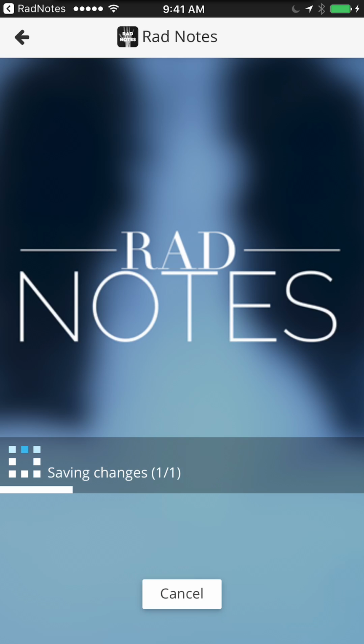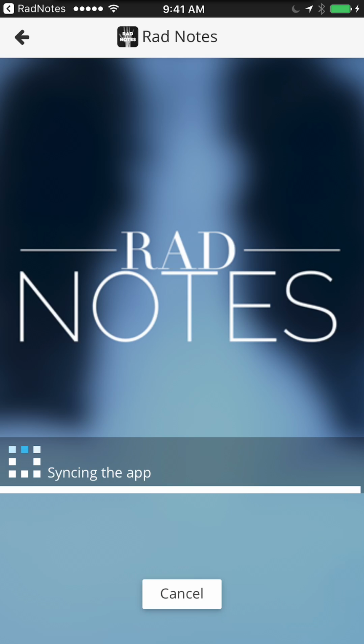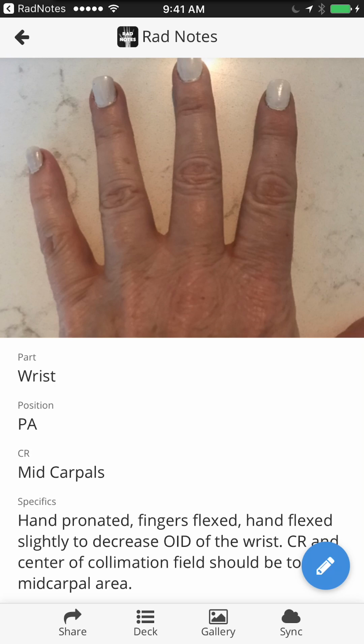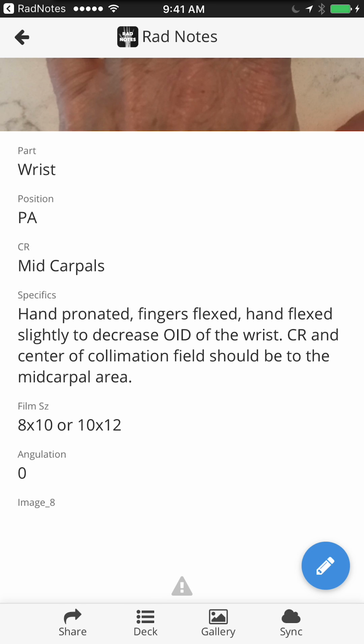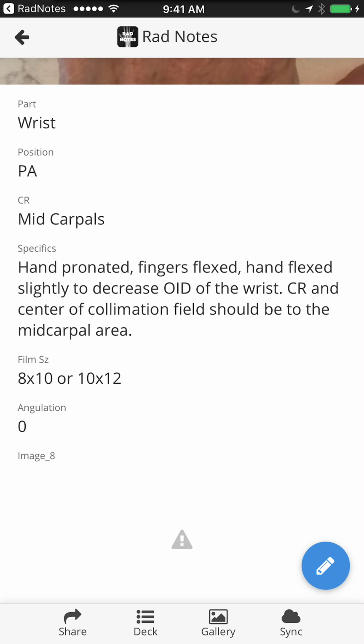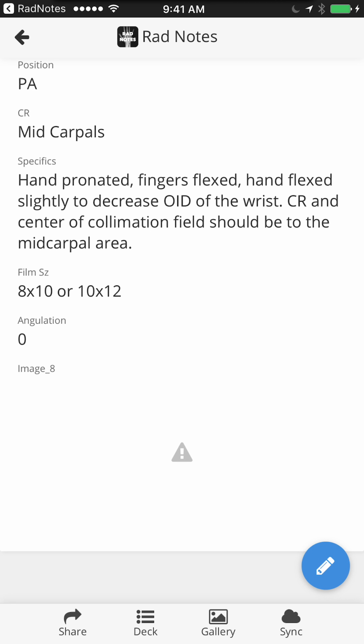The benefit of this is that no matter where you are, whether it be school, practicing in lab, or at a clinical site where you need to refer to notes, now you have an image of what the positioning is supposed to look like. And if you go down here, you'll see that all the information has been added. It tells you where to center, it tells you the specifics, like on this one, the hand needs to be pronated, fingers flexed, and so on. It tells you the IR size, which is pretty much obsolete at this point, but we're still going to use it,